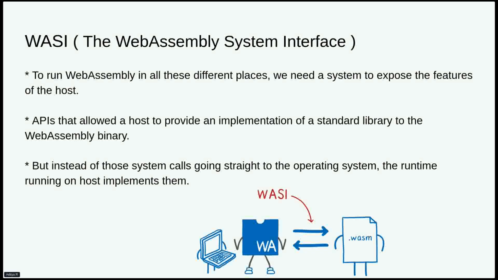For example, open. The WebAssembly runtime will know how to implement open for all the relevant operating systems and architectures. So your actual code is at a much higher level, and all the heavy lifting is done by WASI and the WebAssembly runtime itself. You are just writing the code, and the WebAssembly runtime is doing the rest. That's how applications on host are going to get executed. And I think this is a powerful way to make programs agnostic of the operating system and architecture.